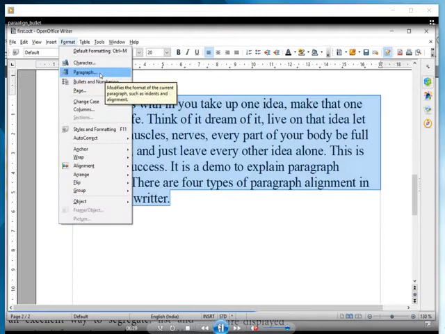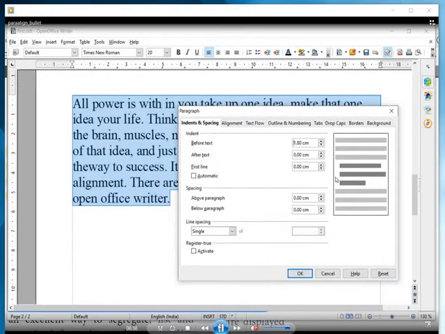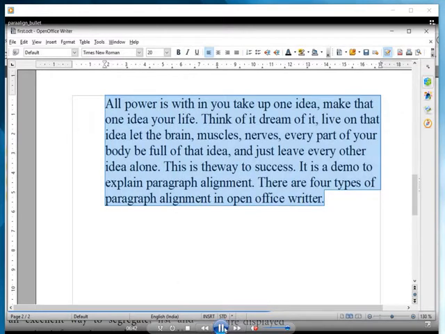So take the paragraph, go to Paragraph and select the Indents and Spacing tab. Here can you see the Before text option, and this is the left indent. So if I increase the space before text, it will have a gap between the margin and the text. Can you see here? The margin line is the gray line and this is the text. So there is a space between the margin and the text. This space is called left indentation.